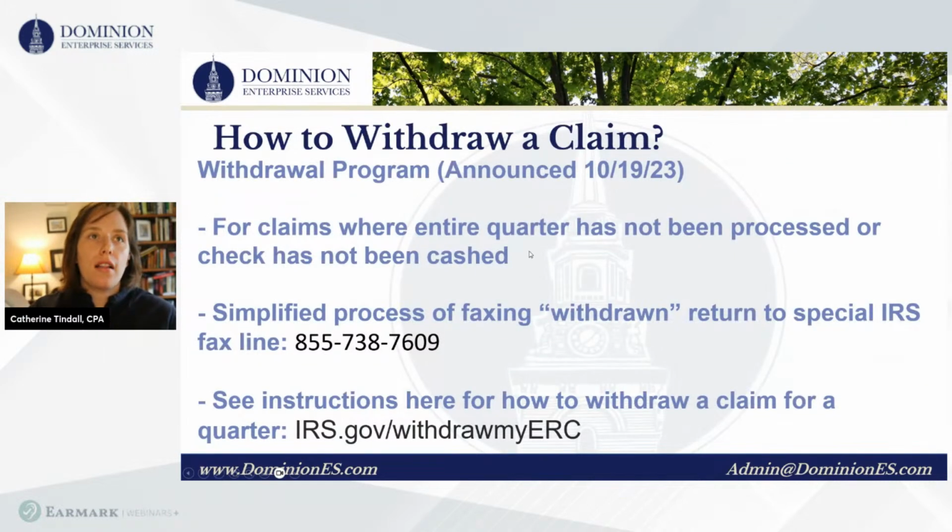So how do you withdraw a claim? And this is when the whole quarter doesn't qualify and they haven't processed it, or they have processed it and you haven't cashed those checks yet. So it's a simplified process. You basically write withdrawn on the returns, and then you fax it into the IRS. In the slides, it has the address to go to with the full IRS instructions, which I recommend you review. It's irs.gov/withdraw my ERC. And basically the withdrawal option is open until they announce it's closed, which there's been indications